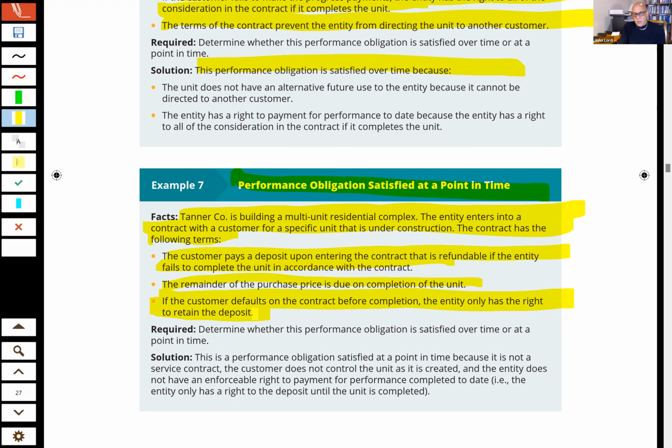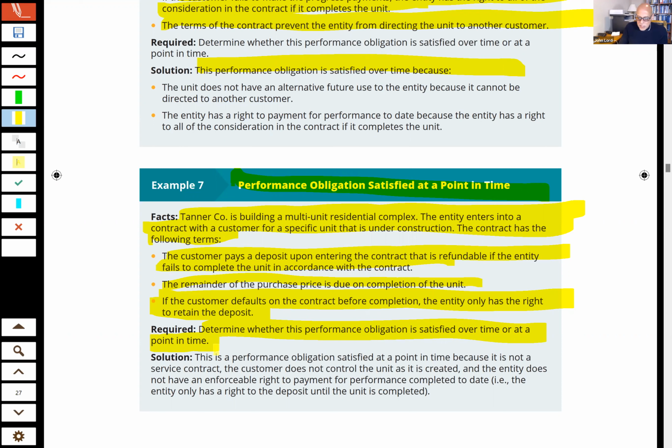And in the state of California, they can only make you forfeit the deposit if they can't sell the house that you agreed to on a price to somebody else. And that's rarely the case, usually because of the way houses have gone like hotcakes, they can sell that to somebody else and they have to give you the deposit back. Okay, so this one is what's satisfied at a point in time. The other thing that would indicate that it would be at a point in time is if they had said they can direct this property to somebody else if you don't take it, and that's often the case of a tract home.